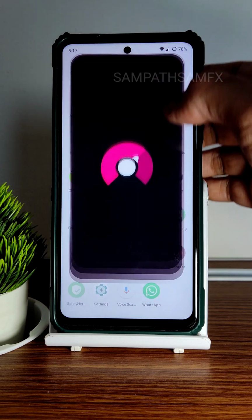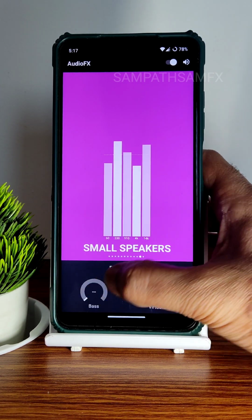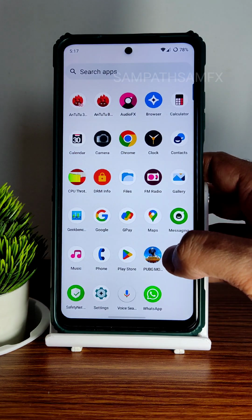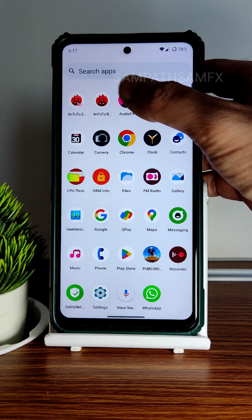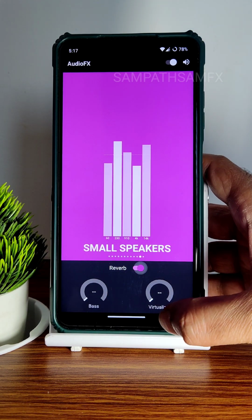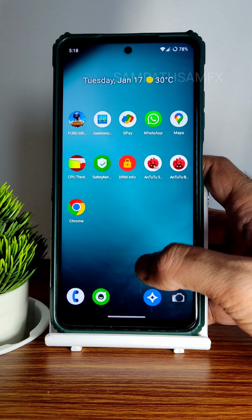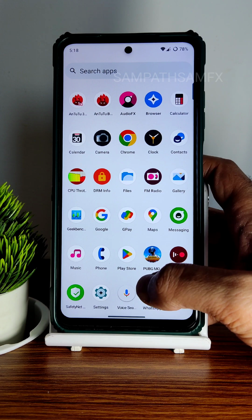And the good thing in this ROM always is this one, the audio effects feature. This will help you to increase a little bit. It's not available for speaker mode. You need to use the 3.5mm headphones, then it will work, which will be fine in my opinion. You can customize some of them. As you can see, you can increase bass and virtualizer and reverb, and some of the other options. Once you set to use the earphones, you will get a lot more options. It will increase the audio hearing experience. You must